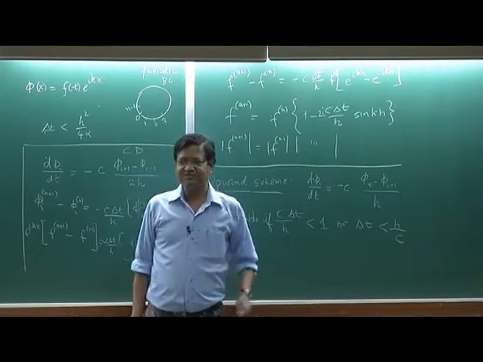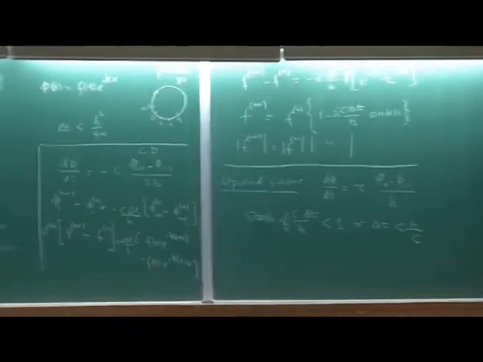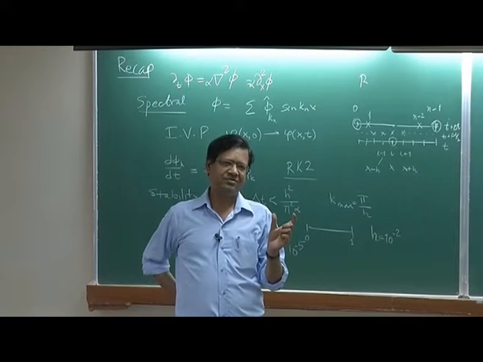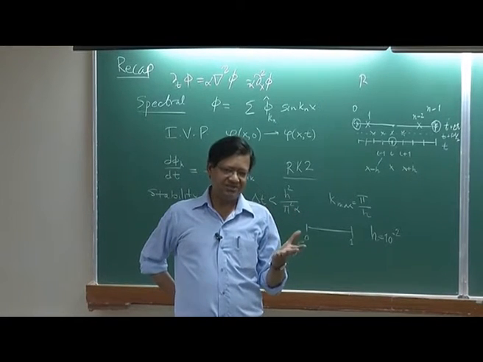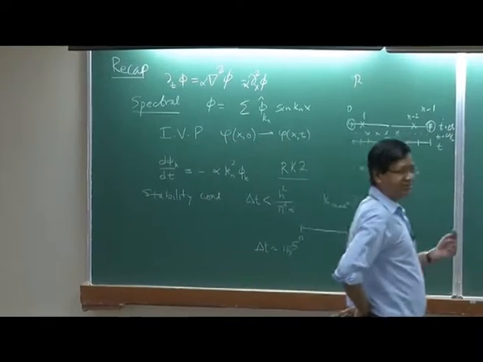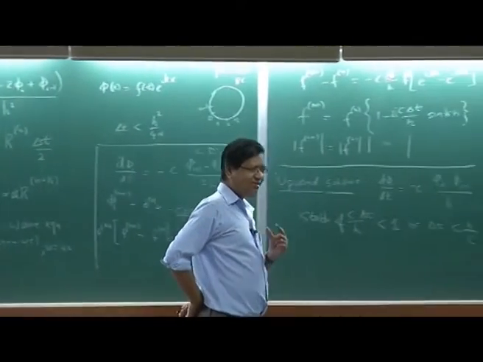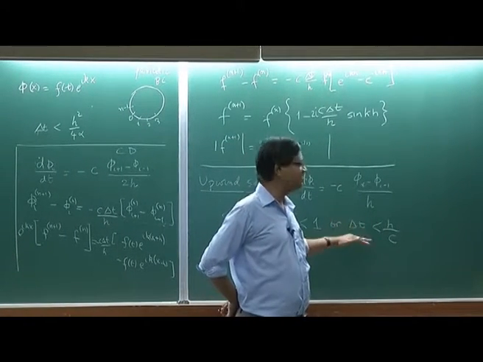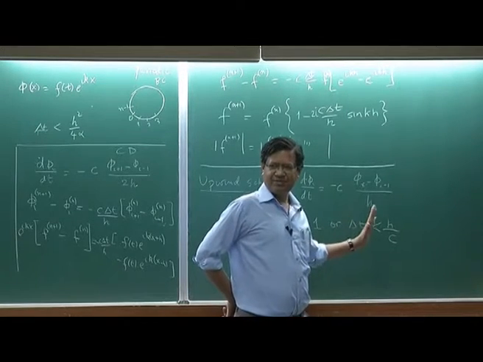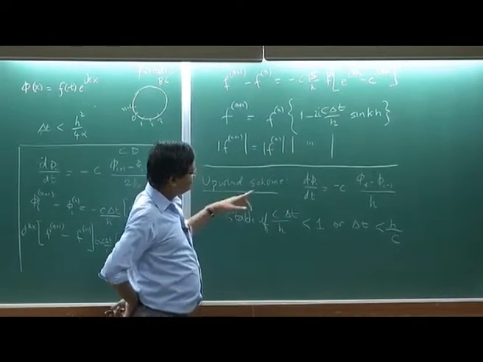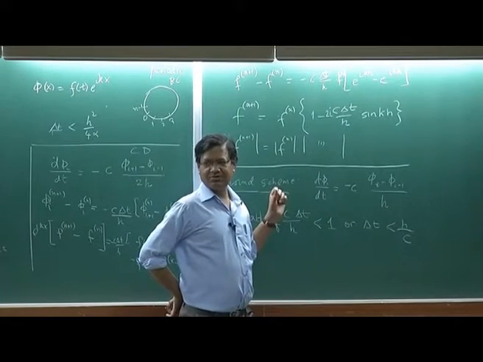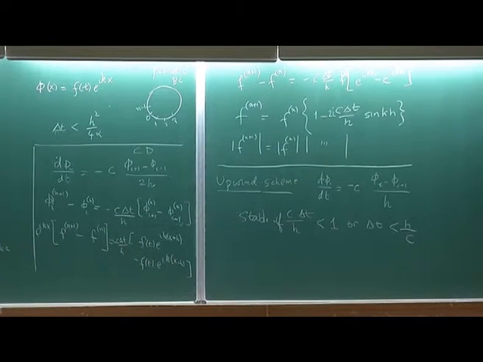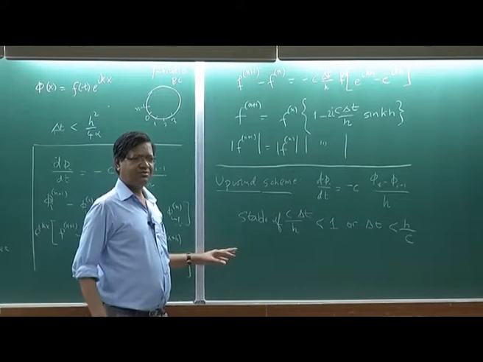In fact, it is quite sensible. This is what physically people argue. So, how much time will the wave take to cover the distance h? h by c. So, your delta t you should choose should be less than the time required for the wave to move. Okay. Anyway, from dimensional analysis, this is what my delta t must be, but it comes out to be a condition from this upwind scheme. Okay. So, dimensional analysis does tell you what should be delta t, what should be delta h. So, this proof I will not do.